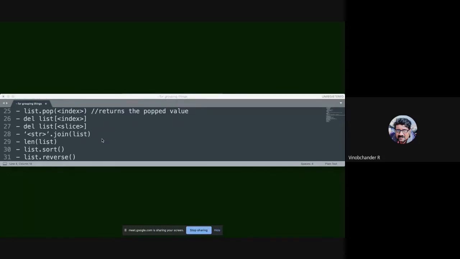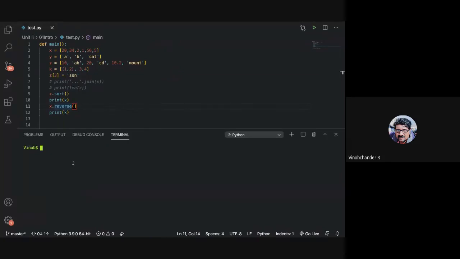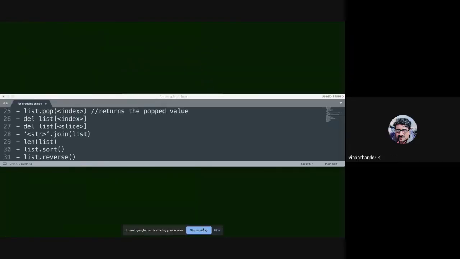That is all for today's session. Let us continue our exploration of lists in the next class. So far, so good, guys. Are all the methods and operations that we have seen so far clear? Yes, sir. Please practice these things with some simple examples and try to get familiar with all the operations on lists. All right, so let us stop here.